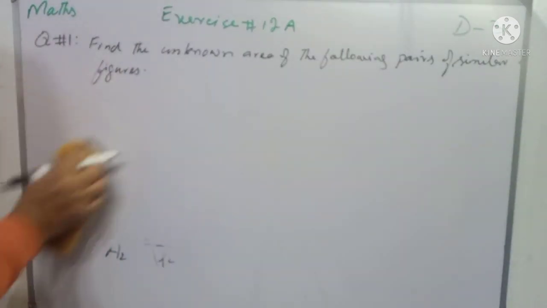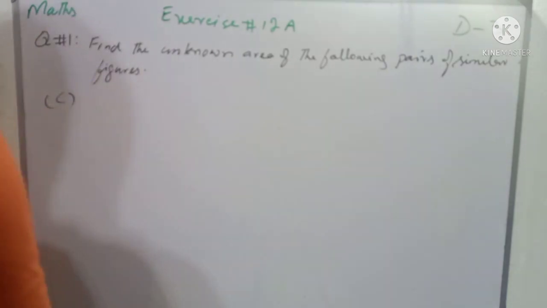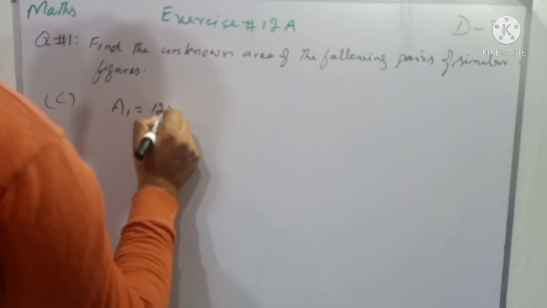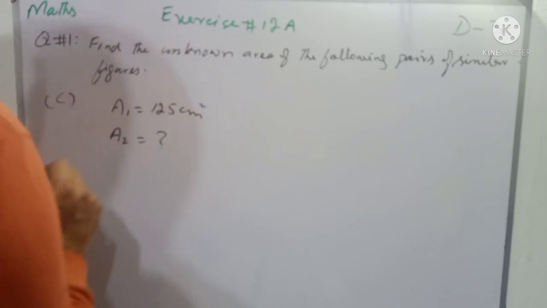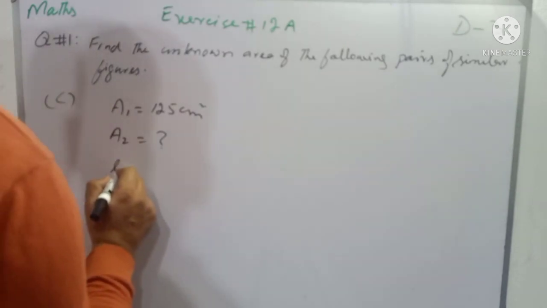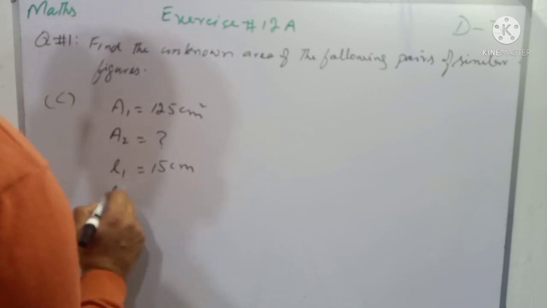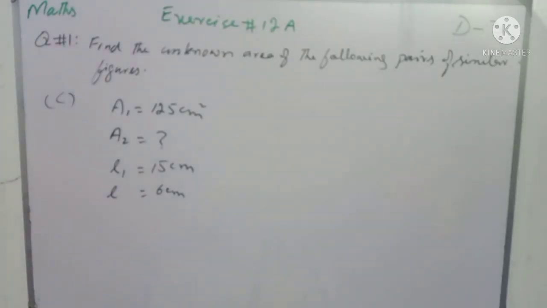Now I am going to solve C part of the same question, and in C part again there are two similar figures. In C part again students there are two similar rectangles and the area of A1 is 125 centimeter square, whereas area of rectangle 2 we have to find, whereas length of first rectangle L1 that is 15 centimeter, whereas corresponding length of the other similar figure is 6 centimeter।